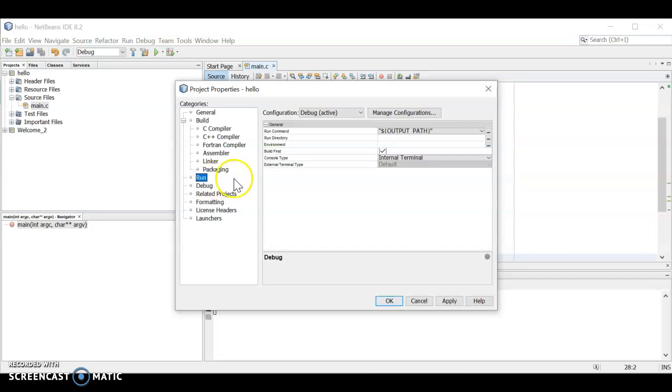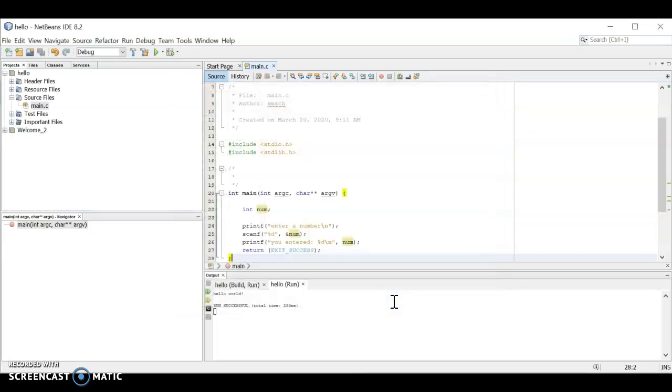And now these are the options for run. What we want to change is the console type. See, it says it controls where a program is run. We want to change that from internal terminal to external terminal. Okay, so console type external terminal. And once we have changed that setting, we don't have to change anything else. We can just click on OK. And now when we run our program,